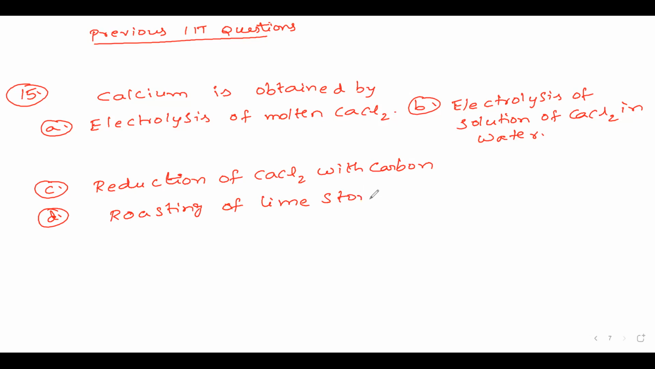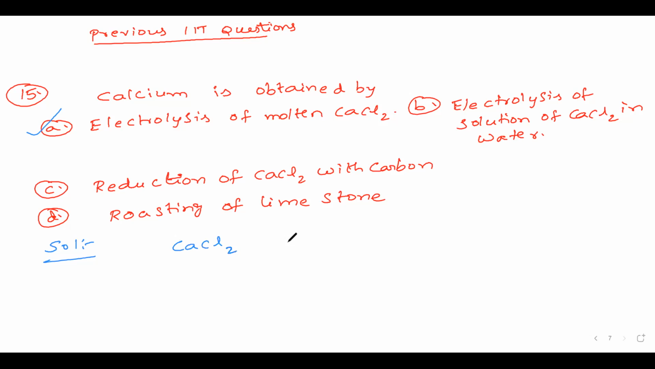So it is quite simple. This is IIT 1980 question. So I'm writing the solution here. Solution now. Electrolysis of molten calcium chloride is the answer, because if you take electrolysis of calcium chloride in water, so calcium